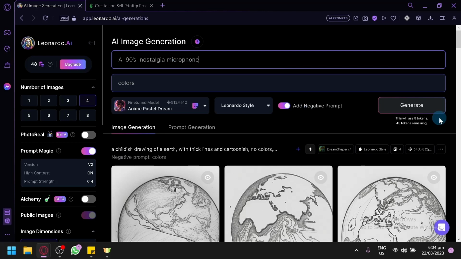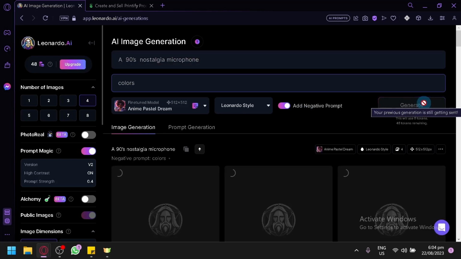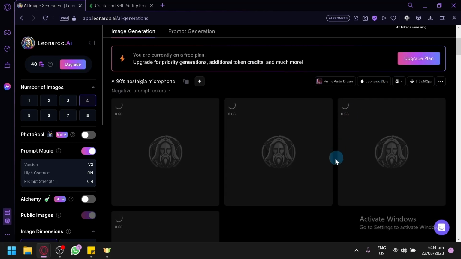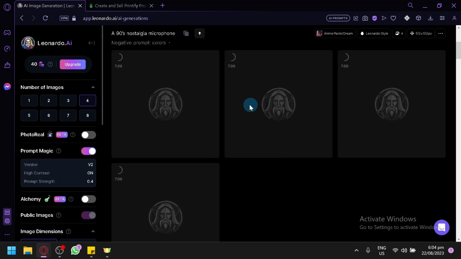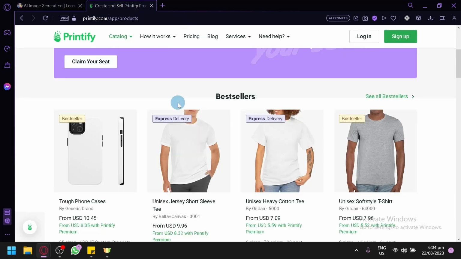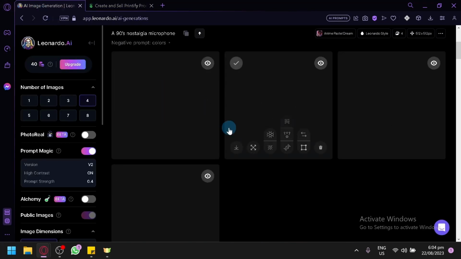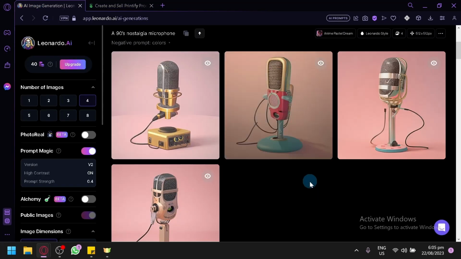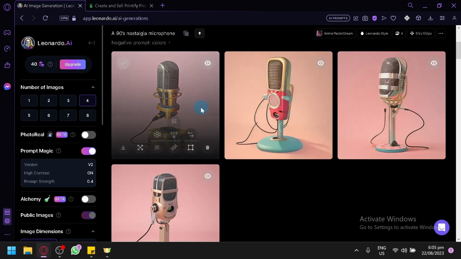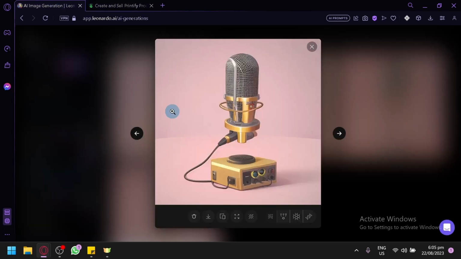There we go. Then simply click on generate and let's see the output that will be generated over here. And if the output is very good or very artistic, you could download the image and upload it in Printify and create your own products with a specific design that you have created in Leonardo, and you will be able to create amazing outputs. Like for example, this one over here, although not similar with the basis that we saw,